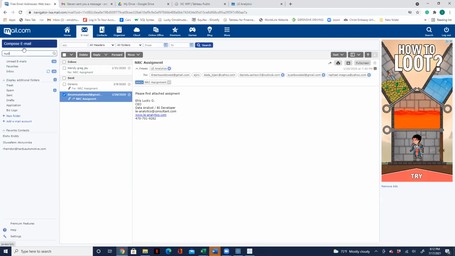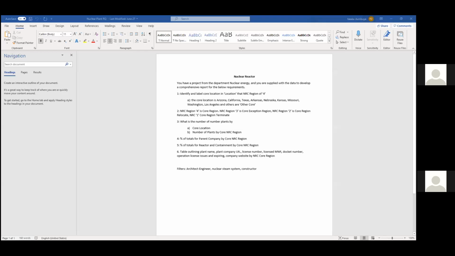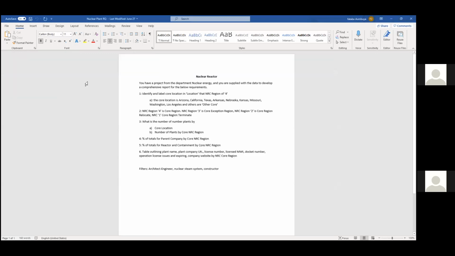Let me share my screen, see if that's what you're referring to. Okay, I know I have it somewhere. You share your screen. Yes. If this is what you're referring to. Is this it? Yes, absolutely. So you can see here in number 6, it says table outlining all of this dimension. And if you look at